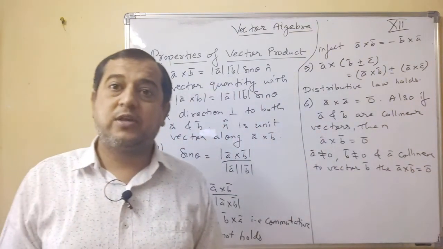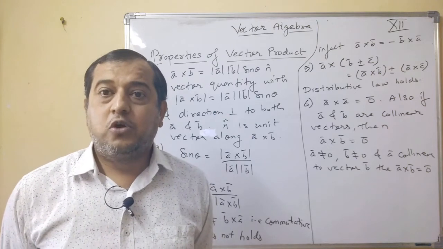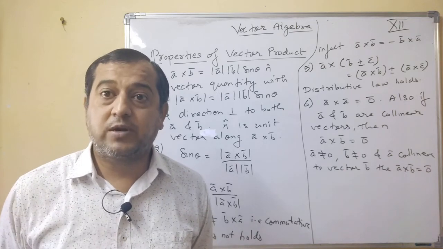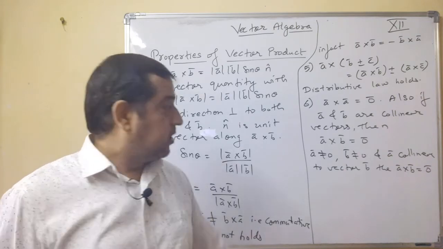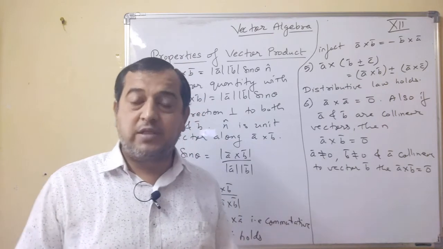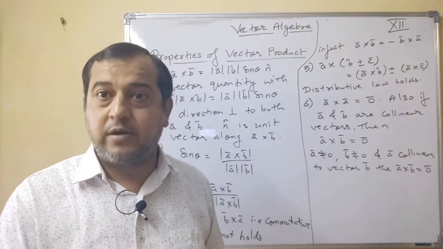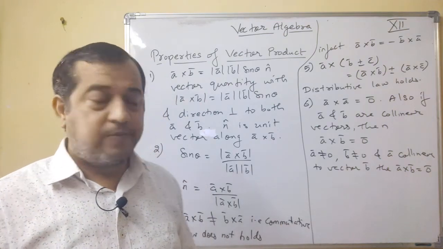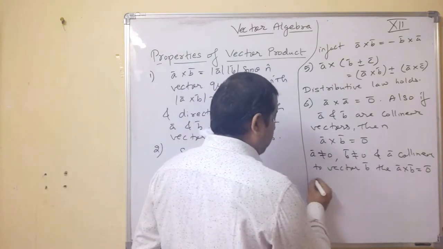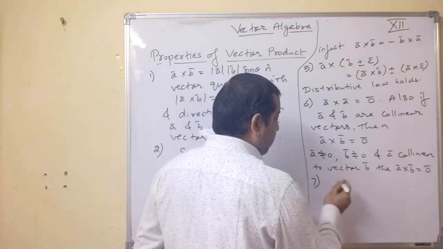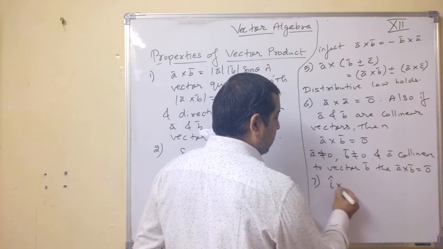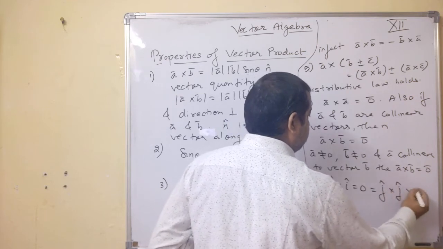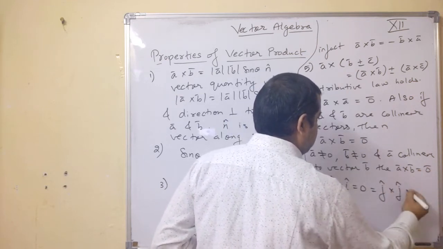Remember, we have seen same type of property in scalar product also. Two vectors which were non-zero vectors, but then also that dot product was 0 because those two vectors were perpendicular vectors. Here also the two vectors are non-zero vectors, but then also their cross product is a 0 vector because these may be collinear vectors. Okay, clear? By this, what do you get? If we come to the part of components, vector I cross vector I, this is 0, this is same as J cross J, this is same as K cross K.